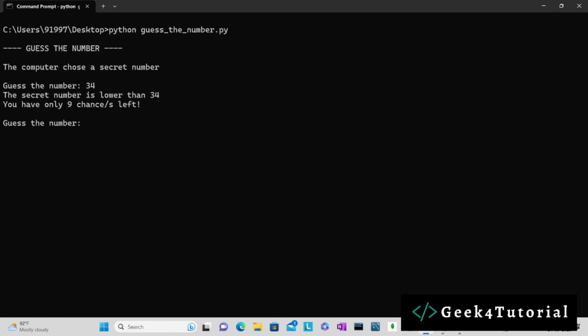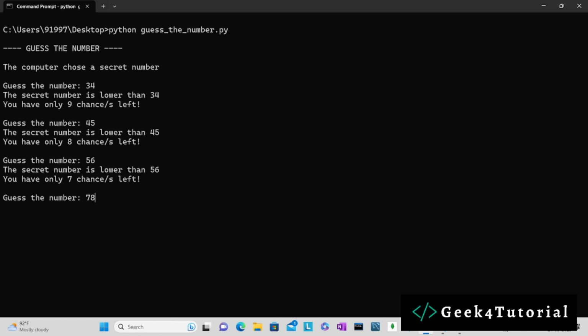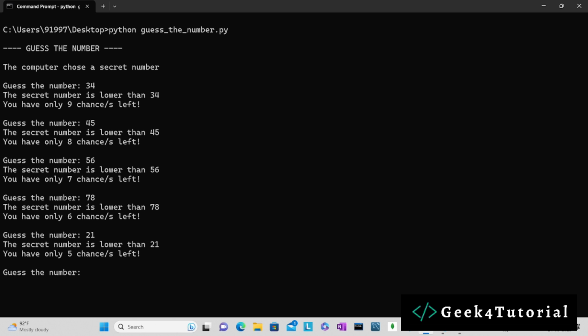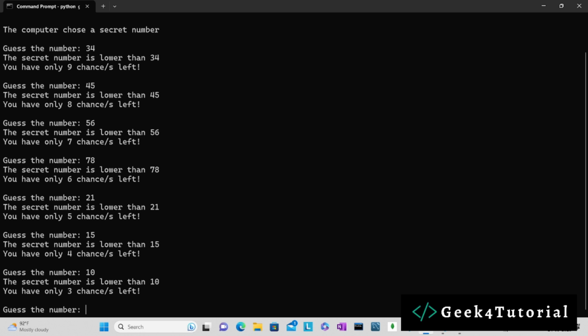The secret number is lower than 34. Let's try 45. Okay, it's still lower than 45. Let's try 56. Let me try 78. Okay, 89. I'm sorry, I'm trying incorrectly. The secret number is lower than 34, so I have to enter a number lower than 34. Okay, 21 or 15, 10, come on, 5,